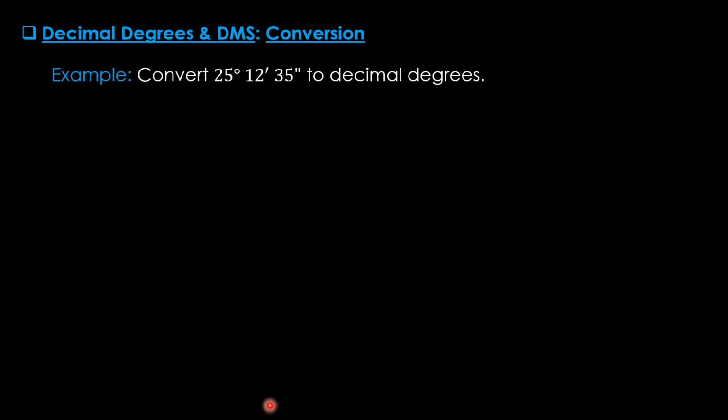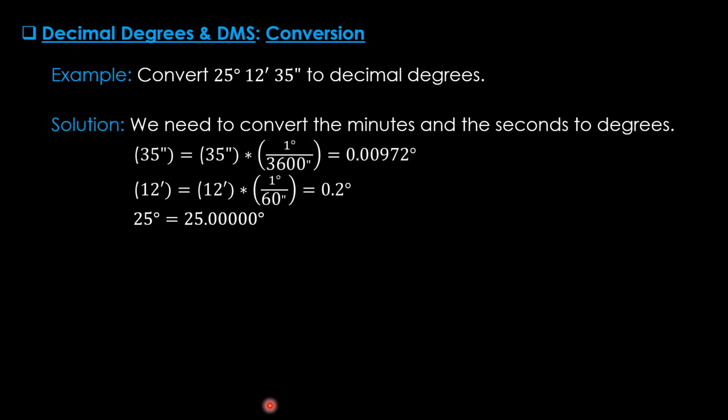Now DMS to decimal degrees conversion. Convert 25 degrees 12 minutes 35 seconds to decimal degrees. Solution: we need to convert the minutes and the seconds to degrees, because 25 degrees is the whole part, we keep it unchanged. 35 seconds, we will start from the end. 35 seconds we multiply by 1 degree over 3600 seconds, because in 1 degree there are 3600 seconds. So by multiplication we get this